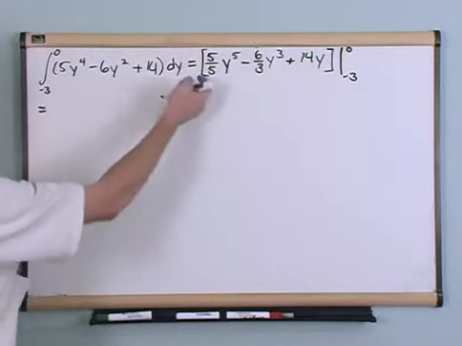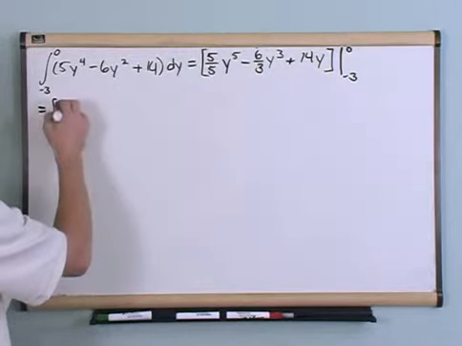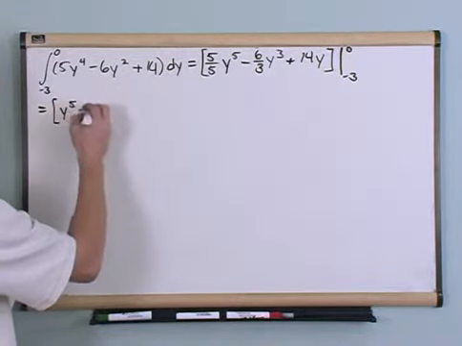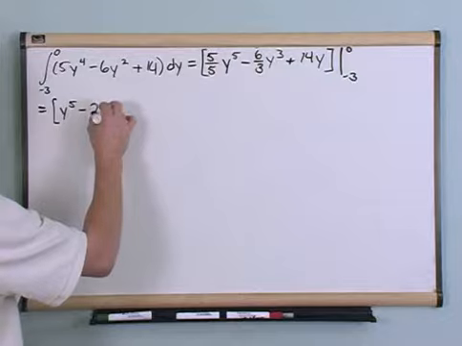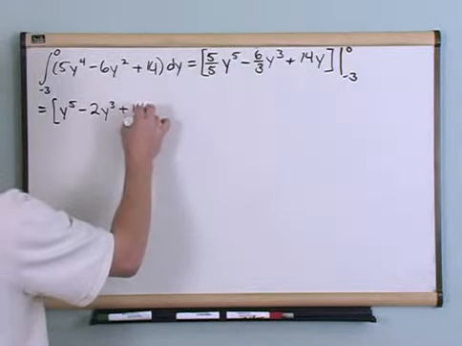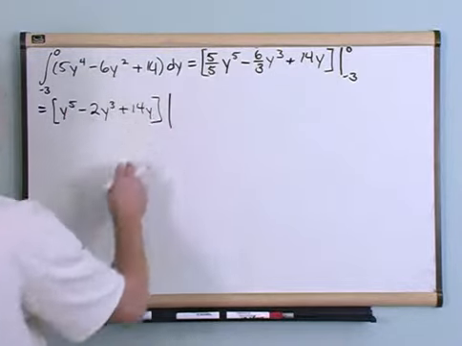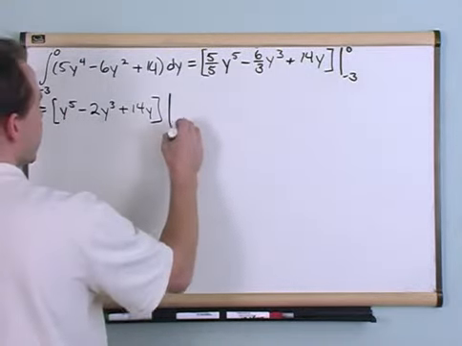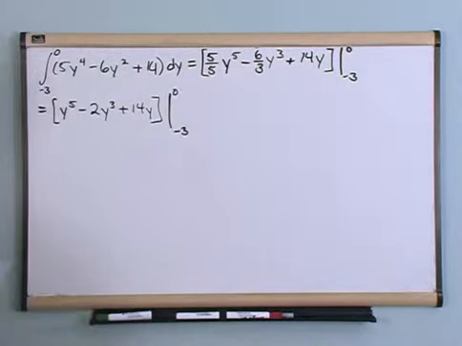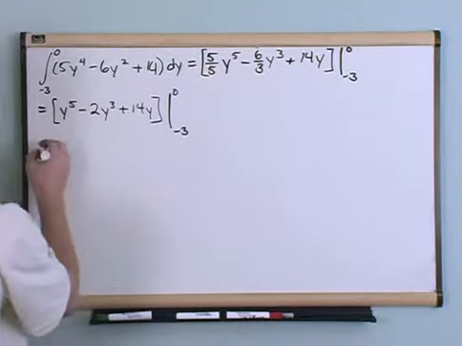So let's simplify what we have in here. I'm going to have y to the 5th power minus 2y to the 3rd power plus 14y. All I did was simplify these fractions. I've done nothing else. And then this is going to go from negative 3 all the way up to 0. Okay, so let's go ahead and evaluate that. If we do that,